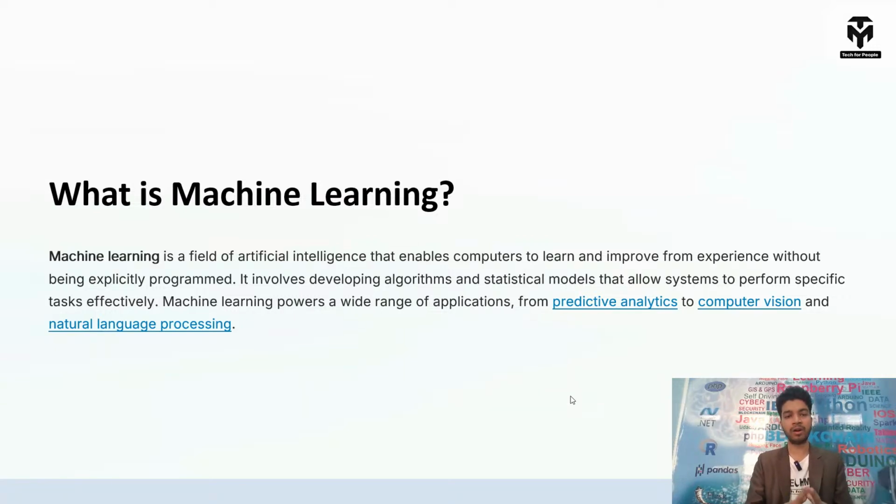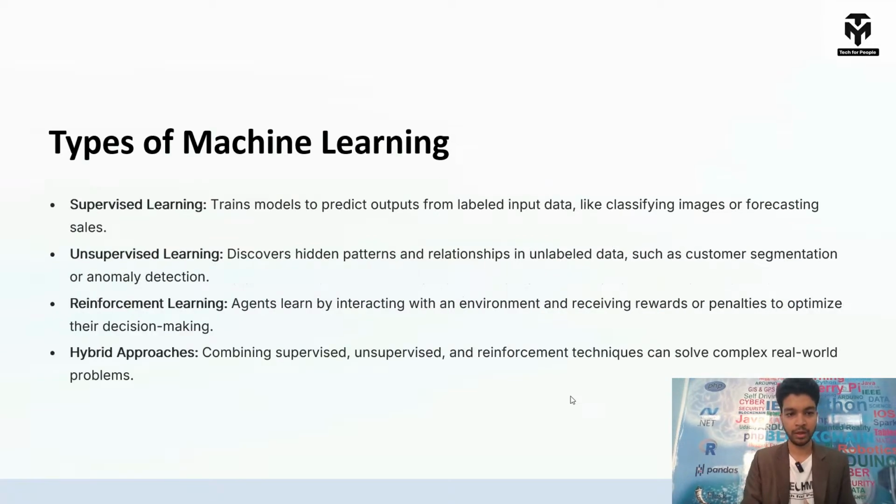In machine learning, it not only does predictive analysis, like prediction of data, it also applies in computer vision, in natural language processing where it comes to AI, and in reinforcement learning. A lot of applications are involved when it comes to machine learning. As I discussed, there are different types of machine learning. One is supervised machine learning, where a model will have a label as a target column, and there are basically two types. One is classification and another is forecasting. Forecasting is basically the regression model.